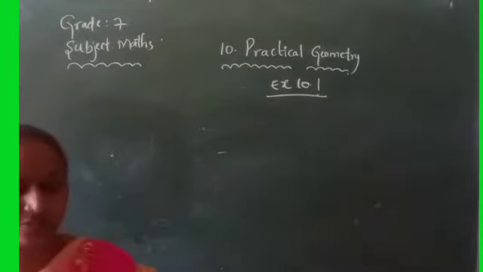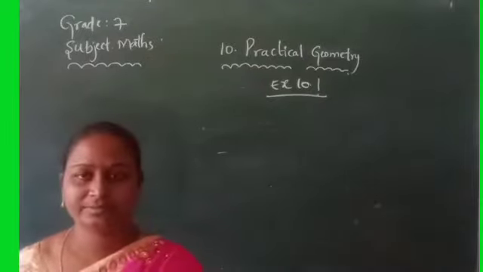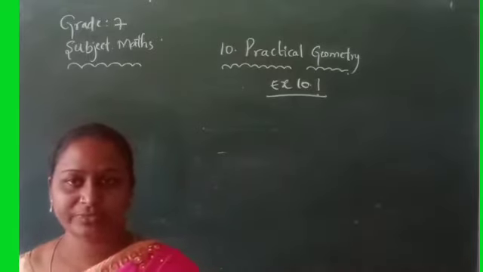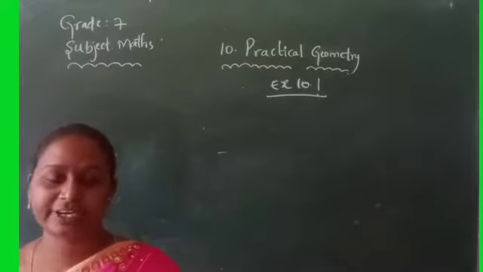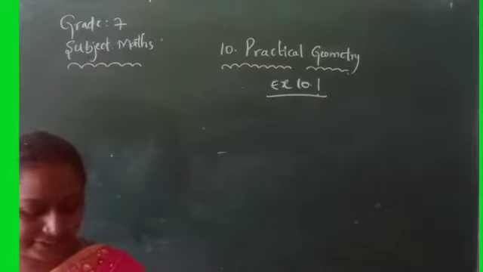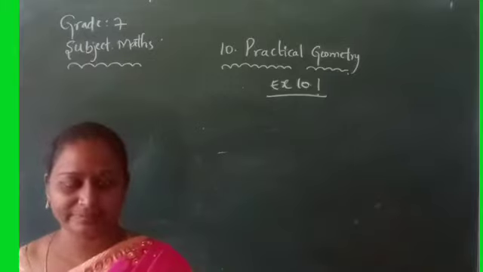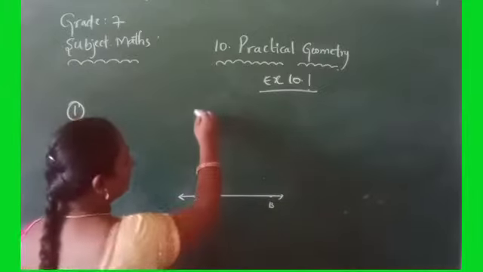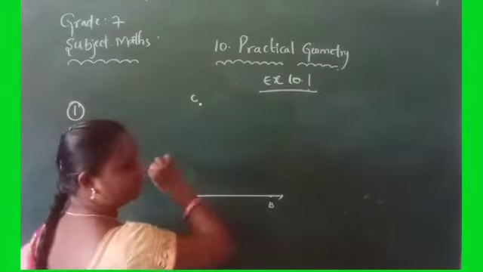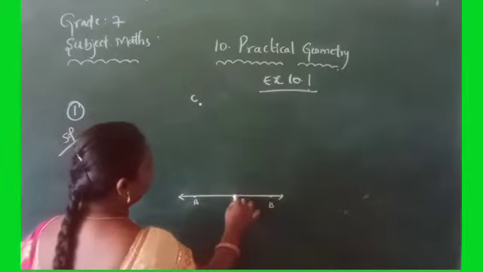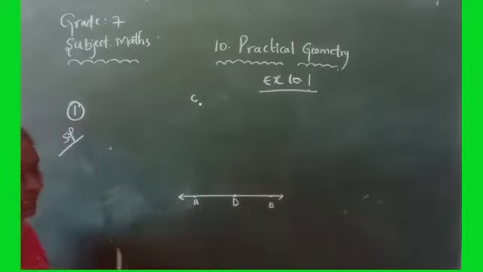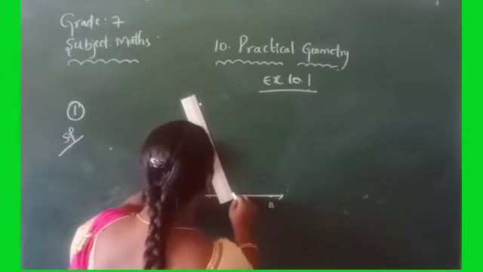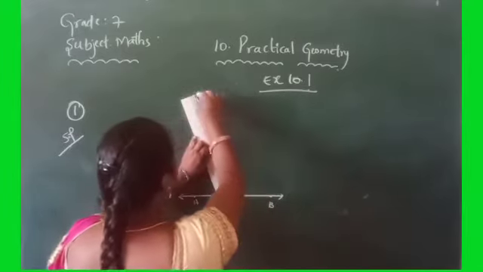So in this question, draw a line. Does a line have any end points? No. We can extend both sides, in endless directions. After that, what do you have to take? The point C that is outside, and take a point D on the line AB. Then you can join the two points with the help of the ruler.